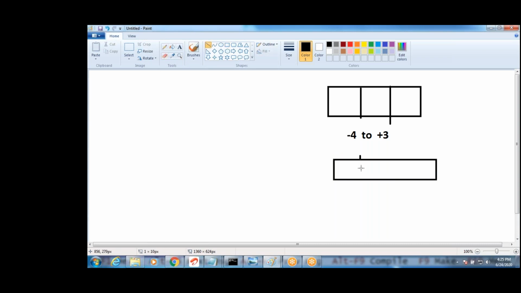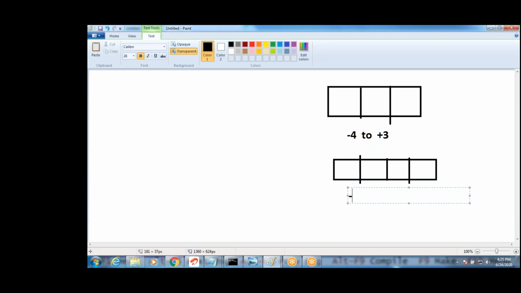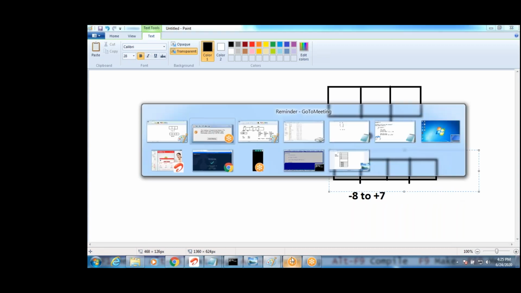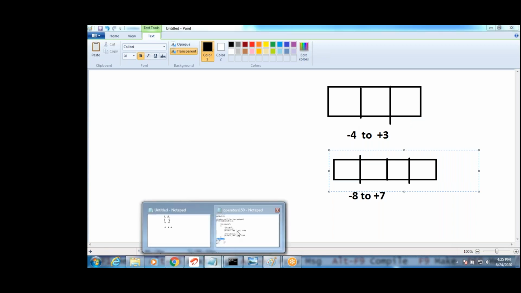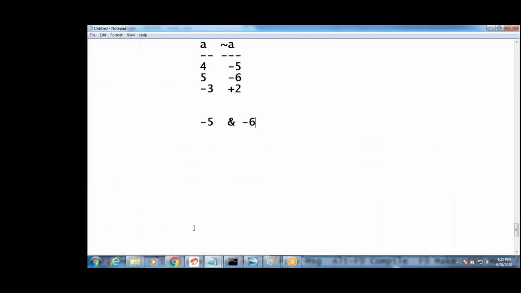Only signed bits. For example, if I take 4 bits, what is the range? If you take 4 bits, guys, what is the range? This is 4 bits, right? What is the range? -8 to +7. How many bits do you have to take? 4 bits you have to take, guys, for 5 and -5. We have to take for 5 and -5.